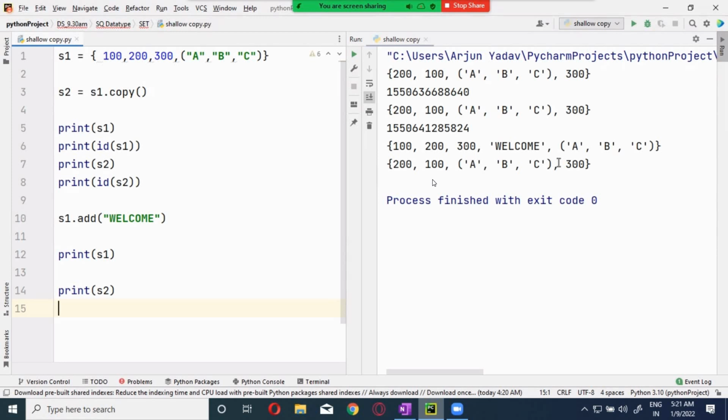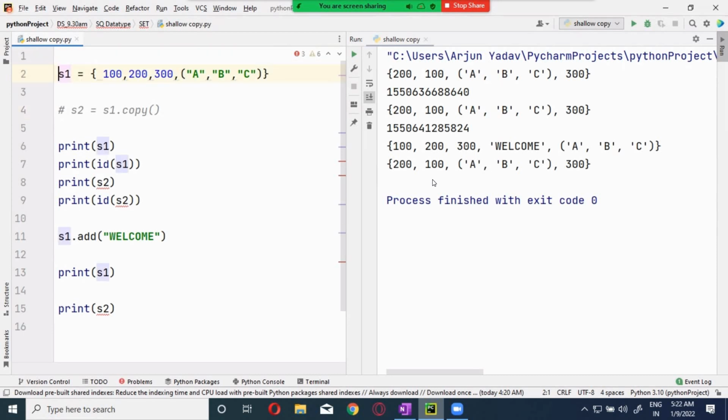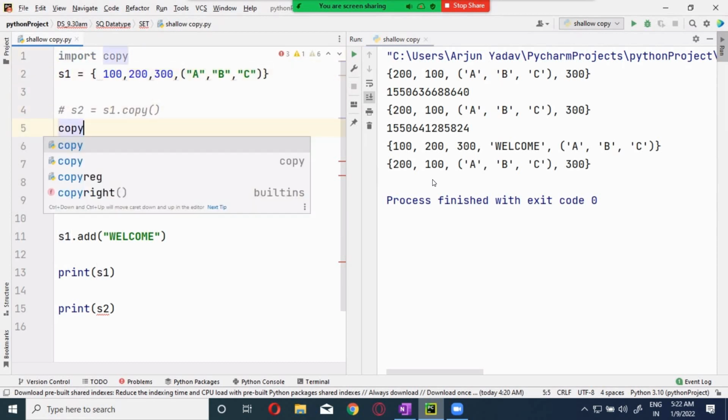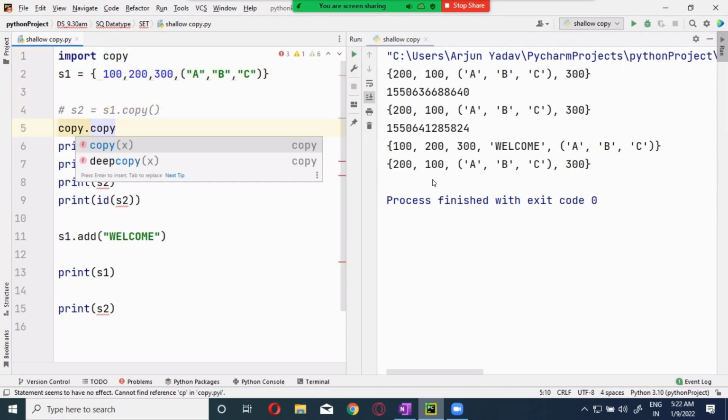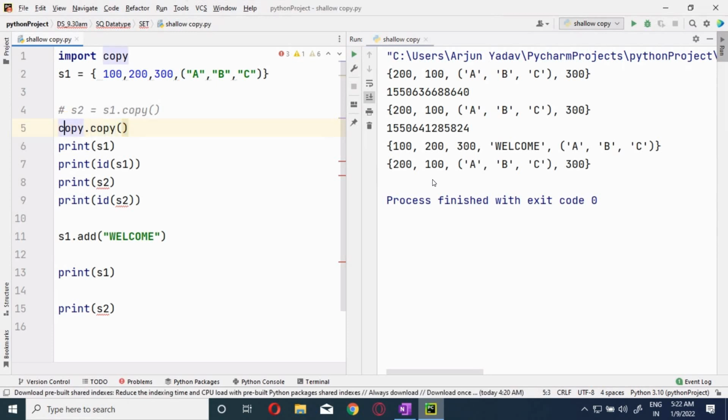Clear, guys? The other way of doing the shallow copy is using the copy module. Import copy, and you can use copy. S2 is equal to S1, right?